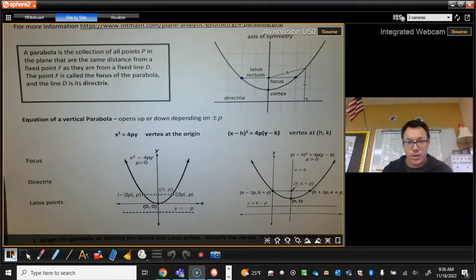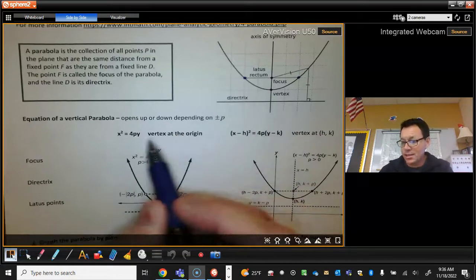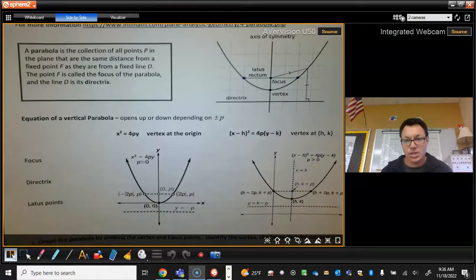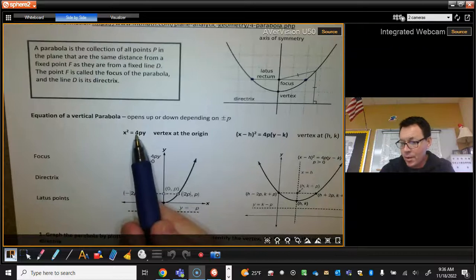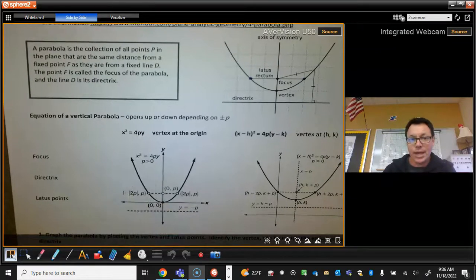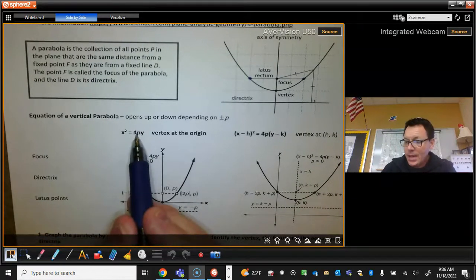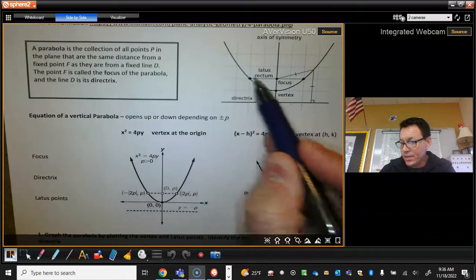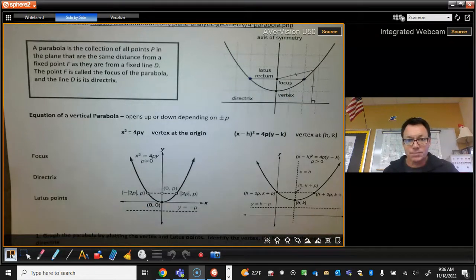If it's a 4, you're going to write it as 4 times 1. Always, it's 4 times something. Don't just take the number out there and split it in some other way. It always has to be split as 4 times something, because that 4 is part of the equation that you're looking at. So you have to have a 4 there, but this is going to be the important number. This number right here is what we're going to use to find all these other numbers. So first off,